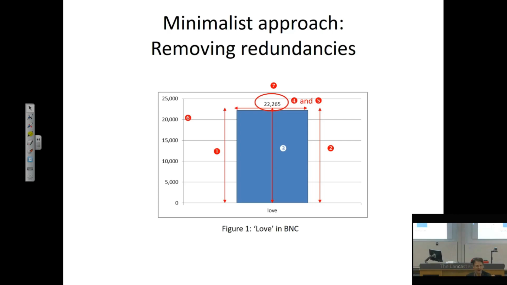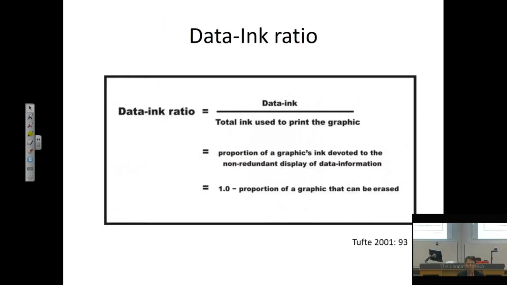So if I just put the number there, I would present the same type of information, but here I have multiple redundancies. So ultimately, what Tufte proposes to do as a check about how efficient different types of visualization might be is to compute a simple ratio that he calls the data-ink ratio. And this is the formula for the data-ink ratio. Well, we don't have to worry about that too much. It's more of a general principle, but I'll show you in a moment how this can actually be computed, although we don't do that too often.